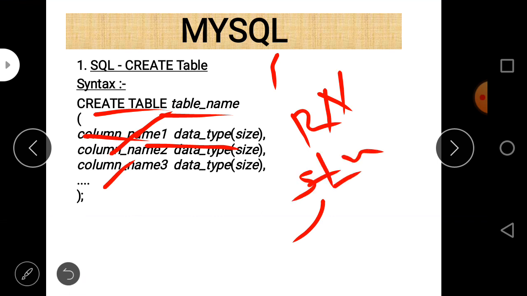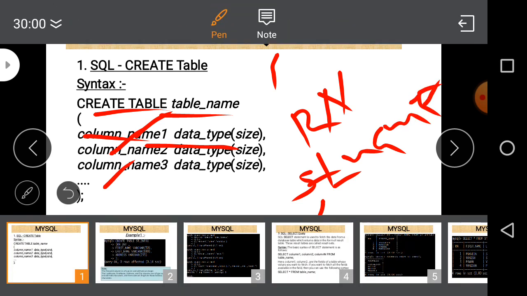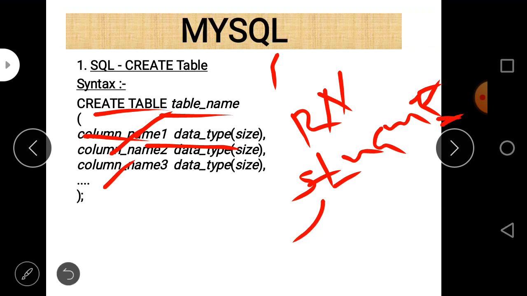So all rules that are used to declare identifier must be followed. It means alphabets, different alphabets can be used, capital, small letters, numbers, different numbers can be used, and as far as special symbol is concerned, only underscore is valid.